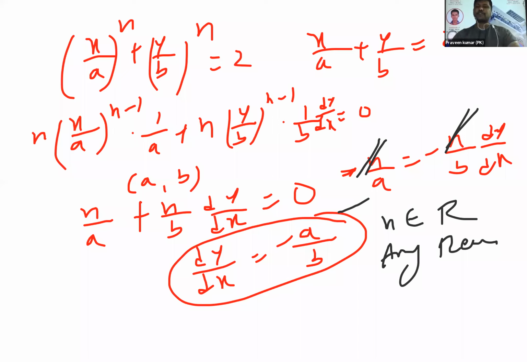Touching means both slopes are equal. For the second equation, if you find the slope, what will you get? The same, you will get now. Minus a by b. x by a plus y by b is equal to 2, what is the slope of this line? Minus a by b. Correct? Whatever value you substitute in place of n, both slopes are the same, which means n can be any value.